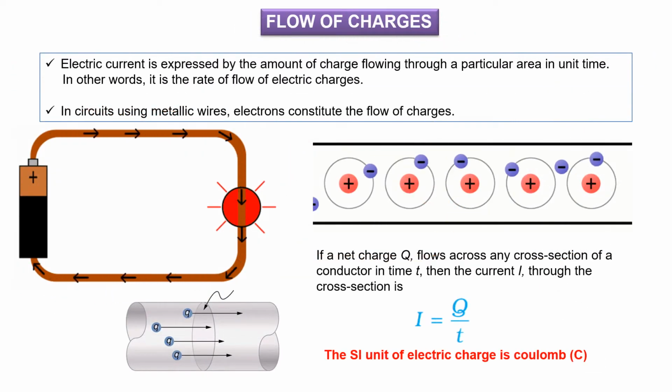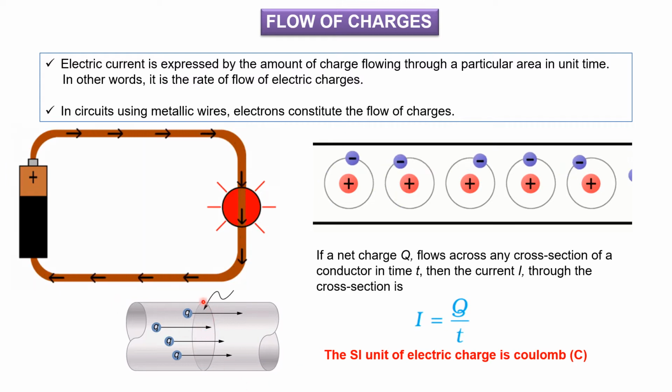Flow of charges. A group of electrons is called a charge. So flow of charges means flow of electrons. You can see here the current flows from positive to negative. We know that. And here also, if you take the atomic level, the electrons will always jump from one atom to the other atom and it flows from here to here, from positive to negative.